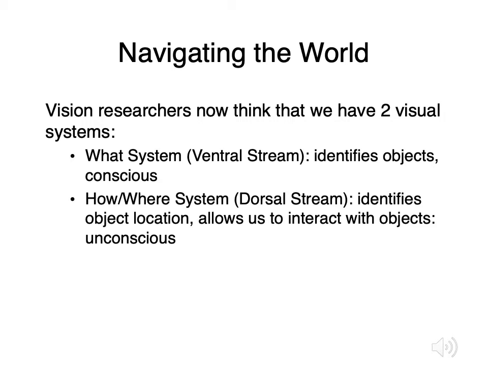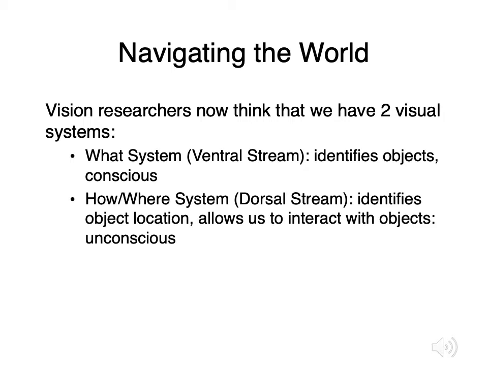Vision researchers think that we have two visual systems that play a role in how we navigate the world. The what system helps us identify objects from perceptual information, and this is a conscious process. The what system is also referred to as the ventral stream, where the information projects to the temporal lobe. The ventral stream is considered vision for perception, given that the primary role is to construct a rich and detailed visual representation of the world so that we can identify objects and events that we can attach meaning and significance